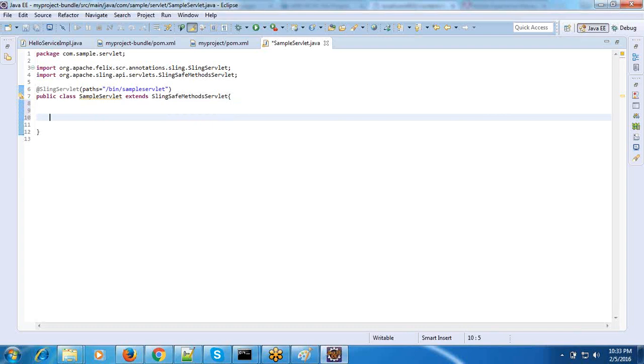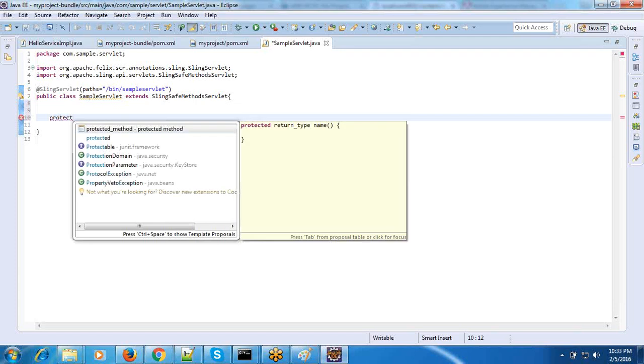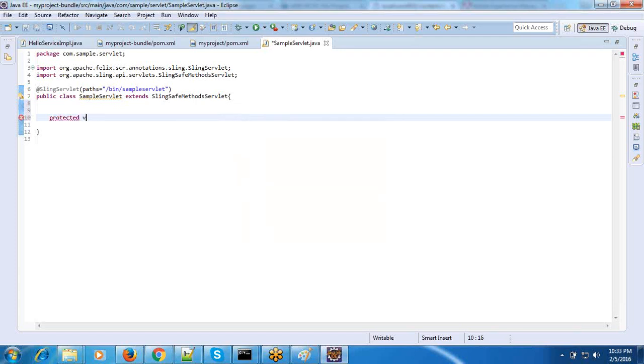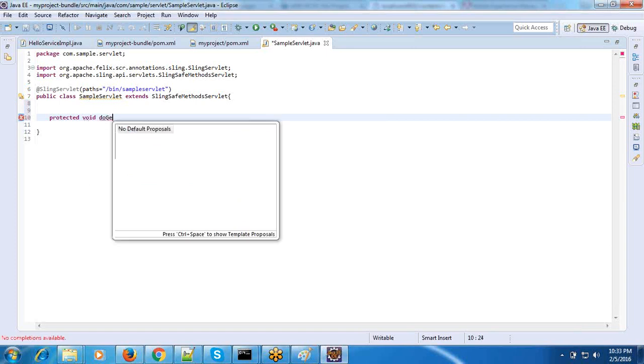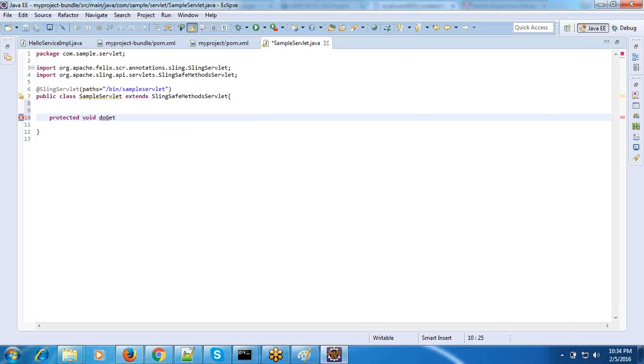I want to implement the method, that is the doGet method. Hope you are aware about servlets. That's the reason I don't want to explain much about doGet and doPost methods. In the doGet method,